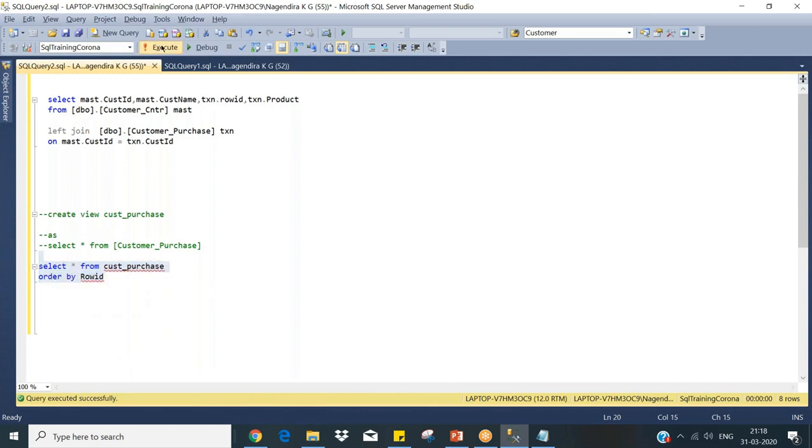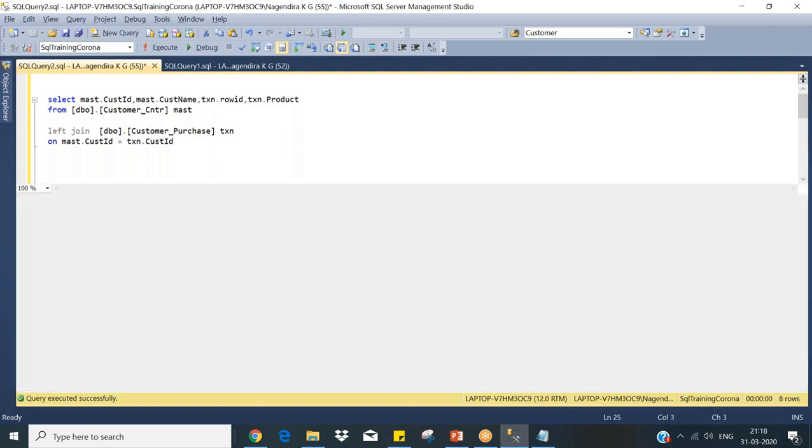You can specify the order by, because the view is storing only the structure. It will not store what order you need to store. So that is what it is restricting. These are certain limitations in using a view, but it doesn't make any difference for you guys. With this note,